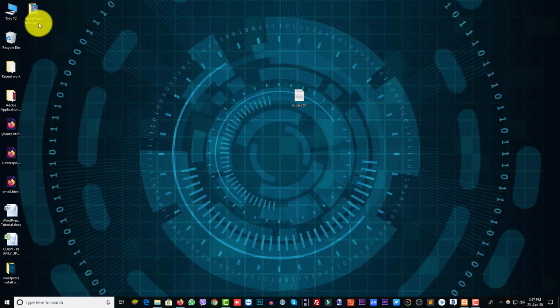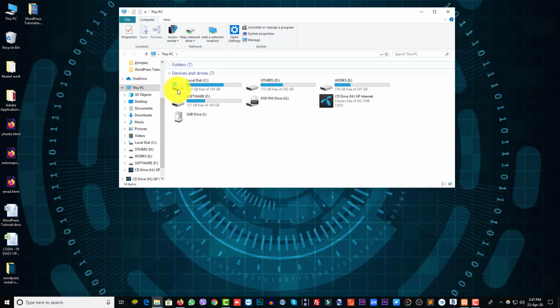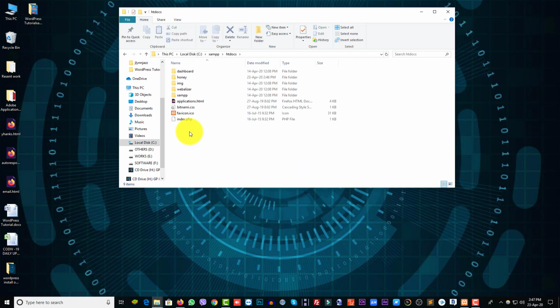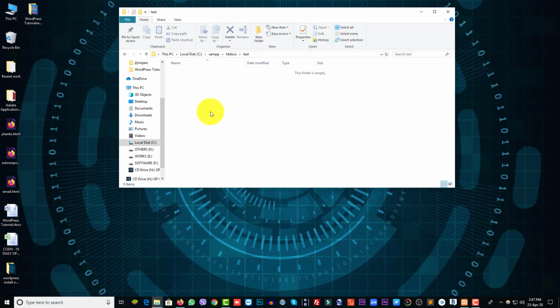Then we need to create a folder in the localhost directory: C drive, XAMPP, and htdocs. We need to create a new folder, like test, and click the test folder. Here we need to